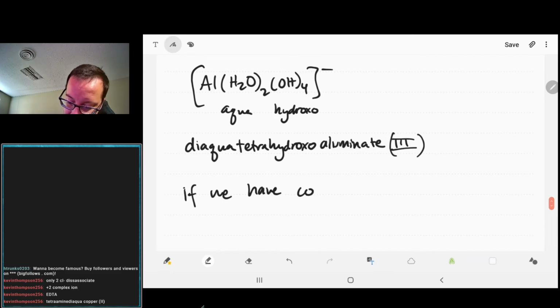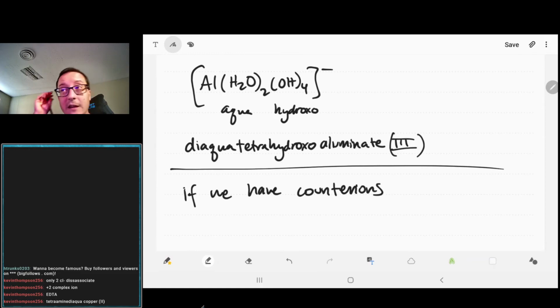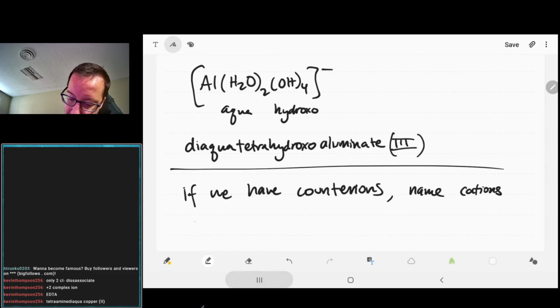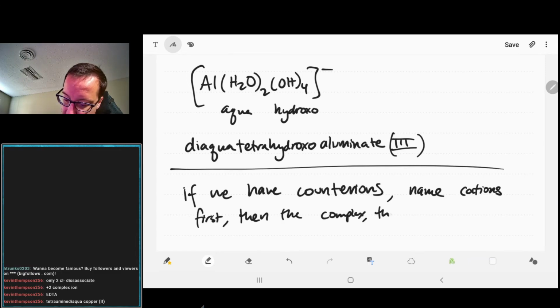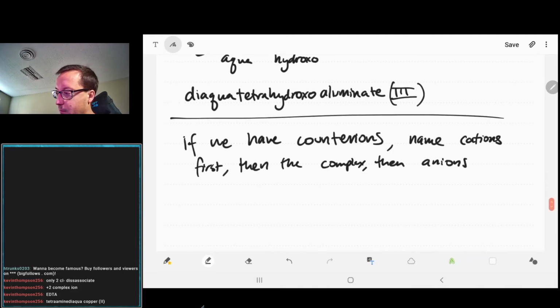If we have counter ions, by the way, now that we're actually dealing with compounds, we would name cations first, then the complex, and then we'll name anions. For example,